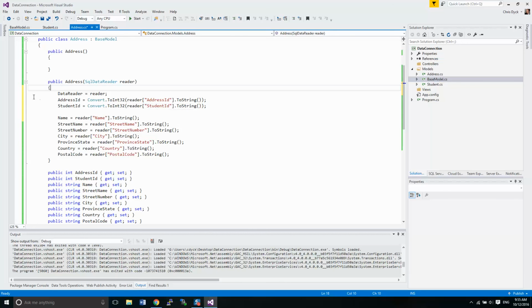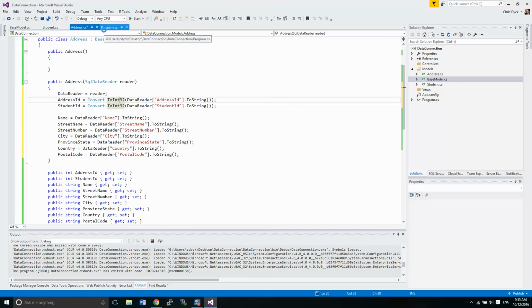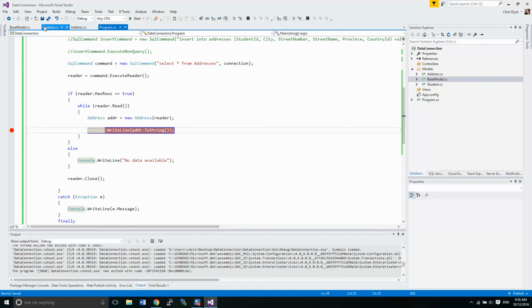Now if we were doing it just a slightly different way, and again I don't want to get everybody too confused with how we're using this, but it will do the trick. I'm going to change this all to data reader. Okay, here we go. So let's save that, and now we should have a little more information here